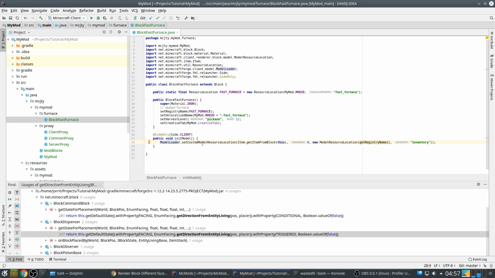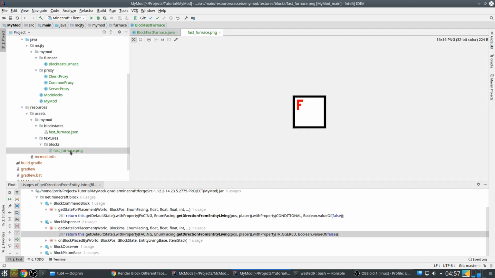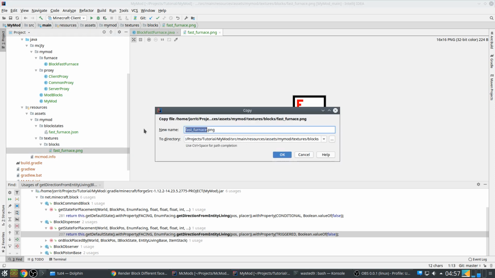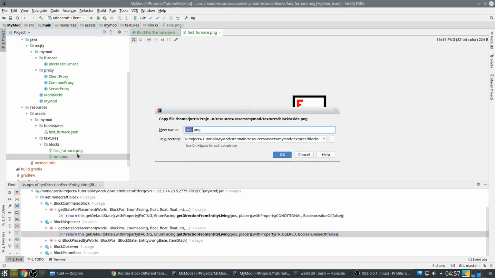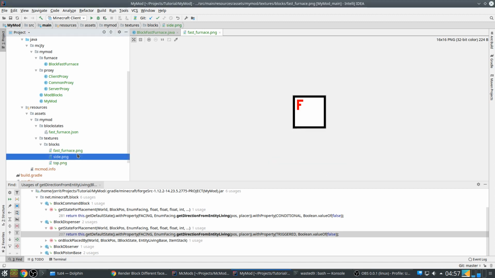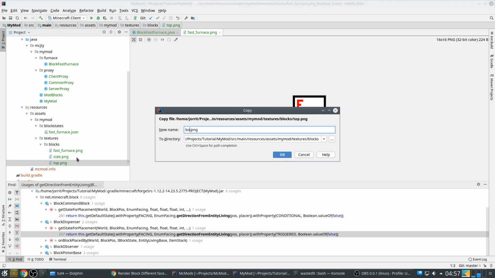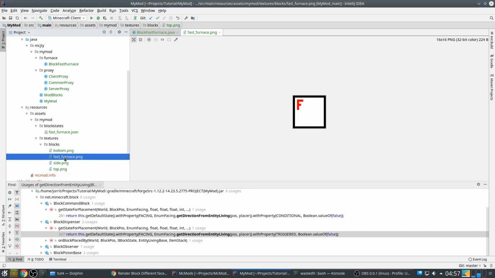For example, let's start by making every side a different texture, because now we use this for all sides. Let's make a side texture, a top texture and a bottom texture, and we keep this one as the front texture. So bottom, jump to external editor,